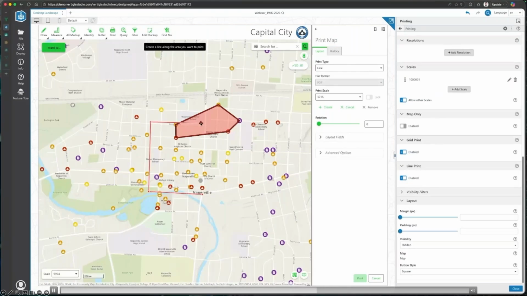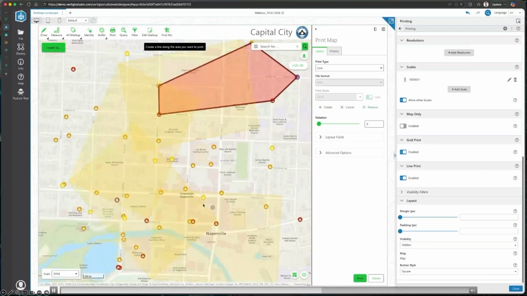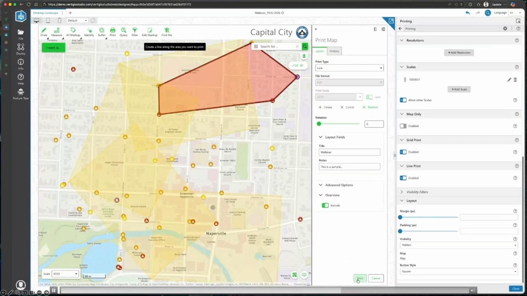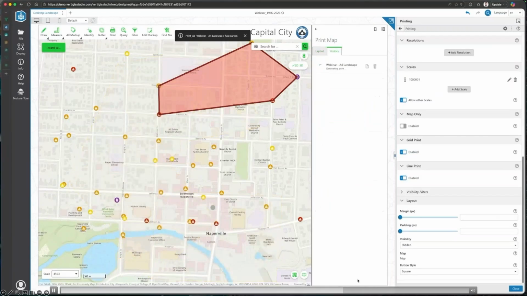So I'm just going to digitize a line in a little C shape here. And then it's calculated that 4 pages are going to be required. And you can see a preview of the orientation of those pages at this scale level that I've selected. I can also customize any of the fields that I might want to supply to my print template. For example, in this case, a title and some notes, and decide if I want to include additional context like the overview map. While this output is generating, let's jump over to the print design tool to see how this